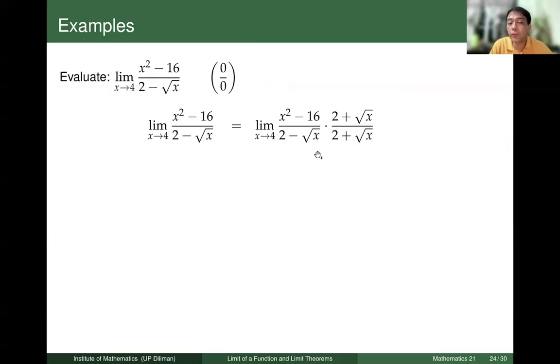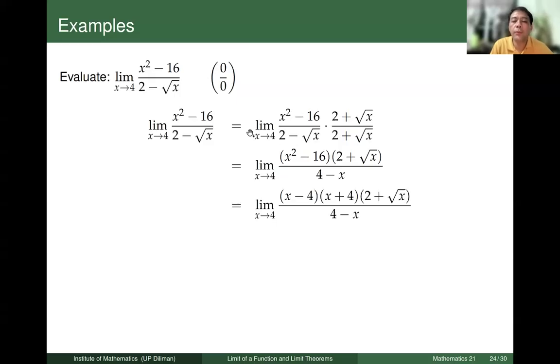And then, yung numerator mo will become a difference of 2 squares. So you get 2 squared minus the square root of x squared. The square root of x squared is just x. So you will get 4 minus x. Okay? And then yung numerator, pwede mo i-factor as we have shown earlier. This becomes x minus 4, x plus 4, 2 plus square root of x. Can we cancel anything here? The answer is yes, no? Because yung x minus 4,